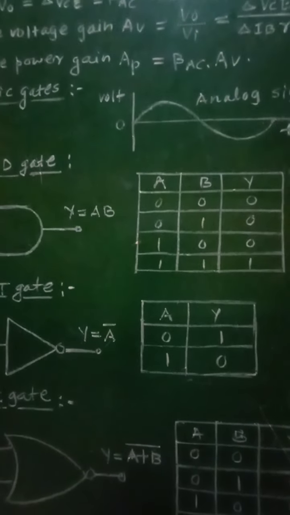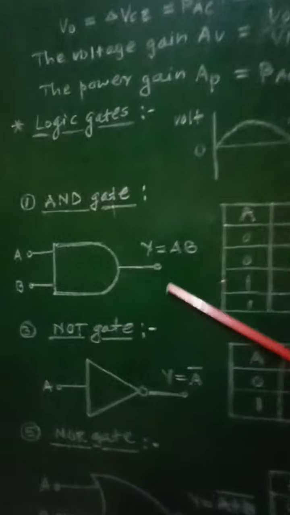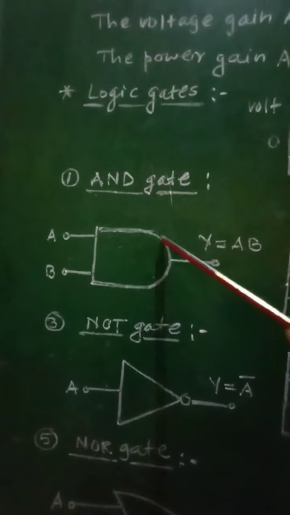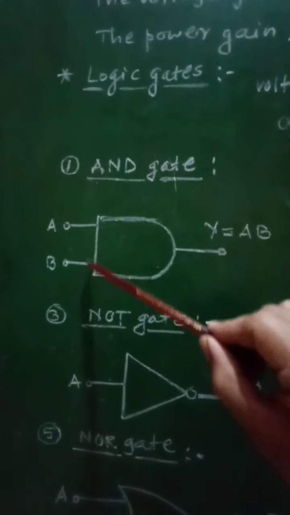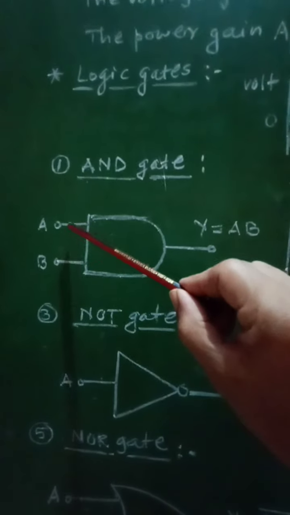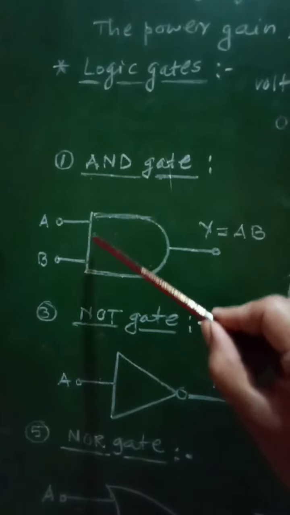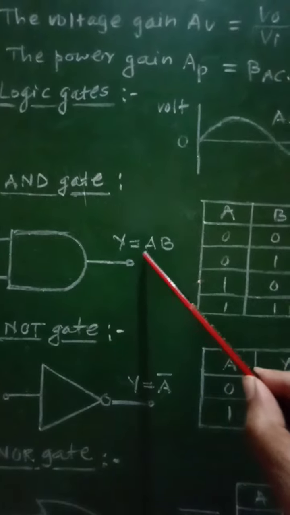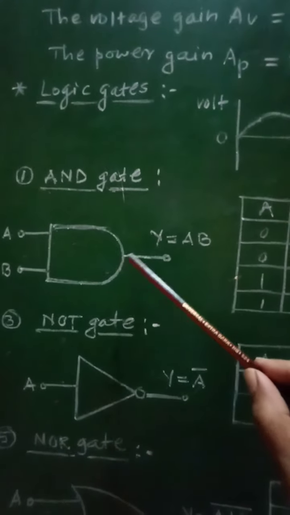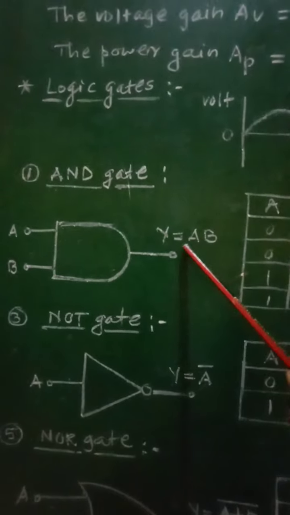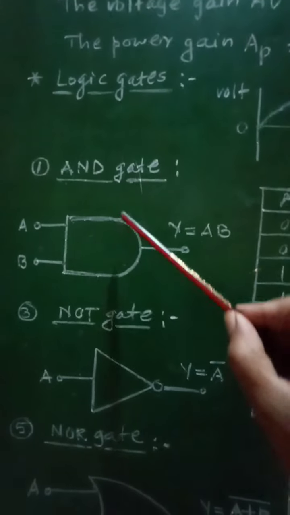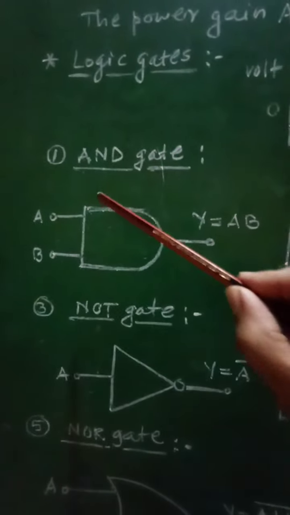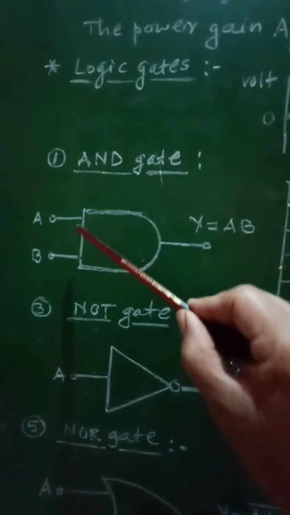Now out of these 5 gates, let us consider the first gate, that is the AND gate. Symbolically the AND gate will be represented like this. It will have 2 inputs A and B. So A and B will represent the inputs to this AND gate, and its output will be written as y equal to AB, and therefore as there is multiplication at the output of this logic gate, it is also called digital multiplication, and therefore A and B will be in the form of zeros and ones.